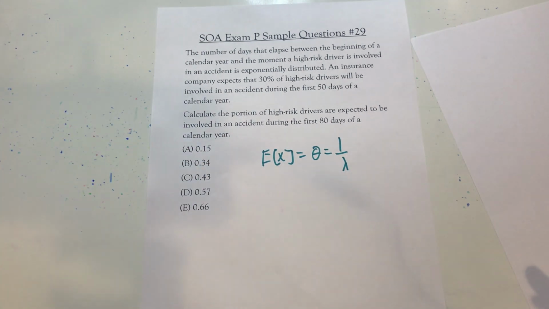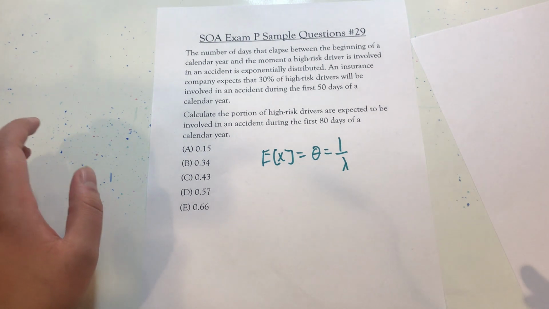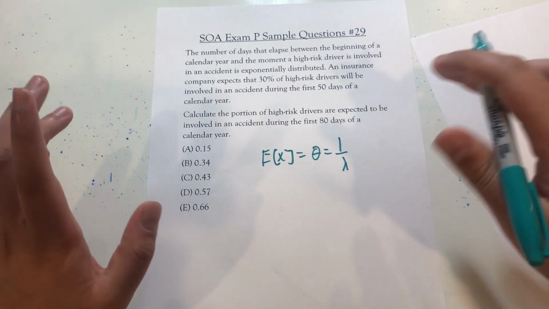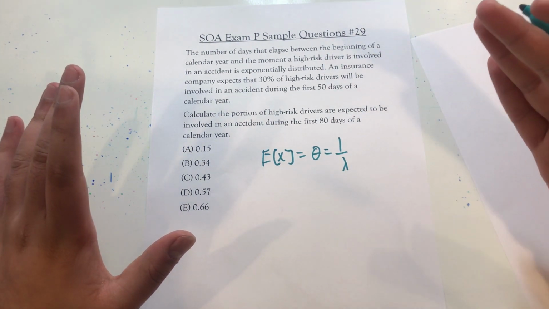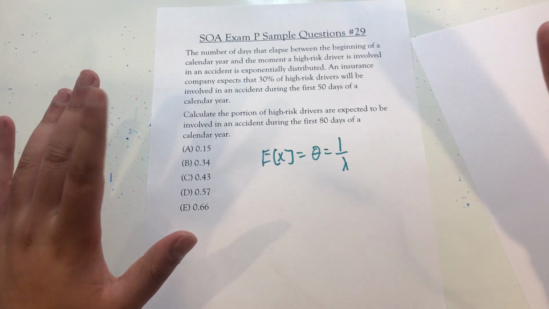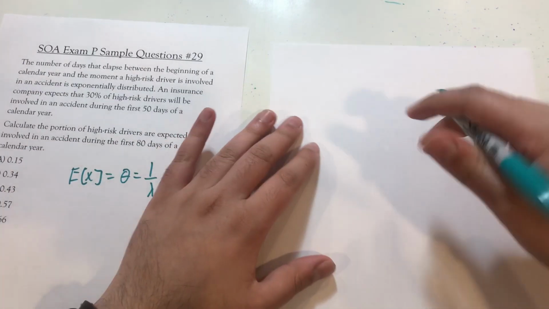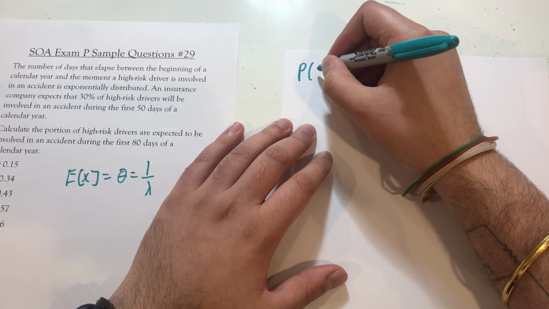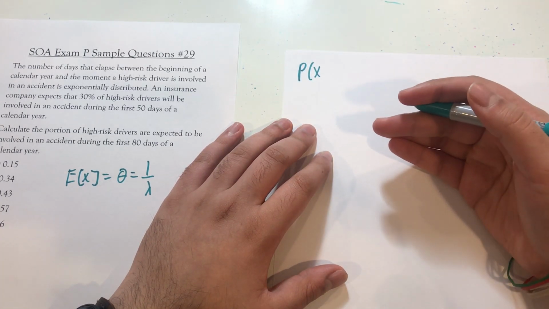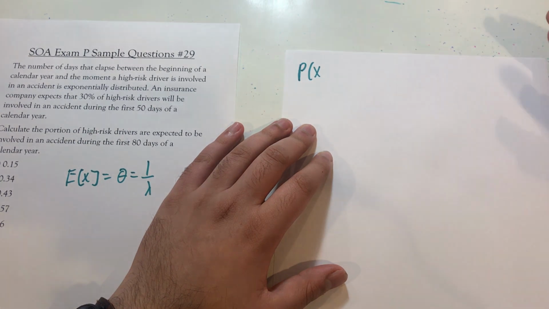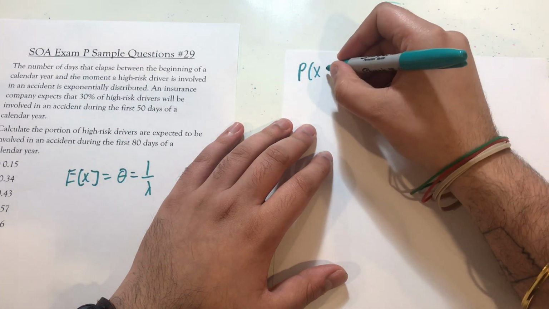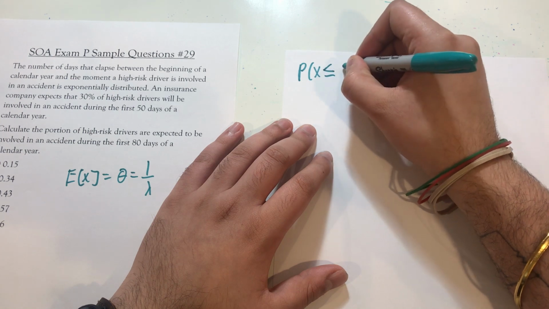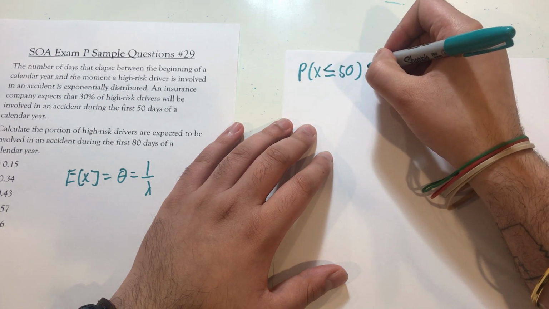All right, so now it says we have an exponential distribution, and it tells us that an insurance company expects 30% of high-risk drivers will be involved in an accident during the first 50 days. So that's telling us the probability that you have an accident. X is the number of days since the beginning of the calendar year until an accident. The probability that that's less than or equal to 50